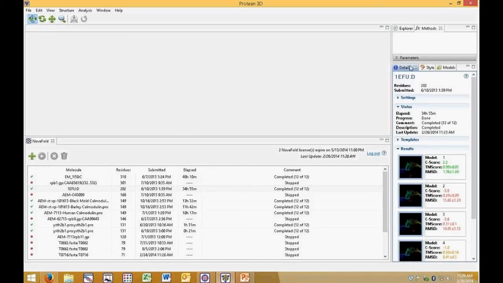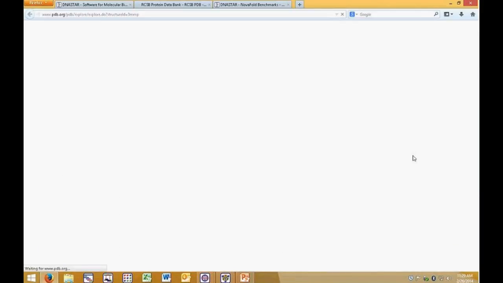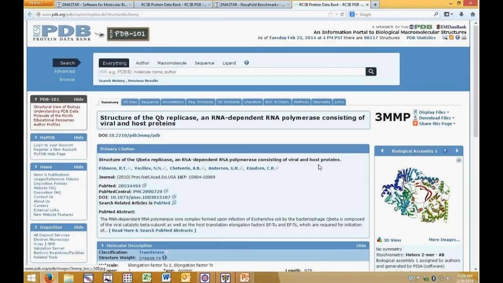So we can see over here in the details panel we have several different tabs with a lot of different information related to our prediction. First tab I want to point out is our Templates tab that I'll expand here. And this identifies the top 10 templates used in the threading approach discussed earlier. This tab displays the template and links to the PDB website. So if we click on any of these templates, we can pull up that particular entry in the PDB database